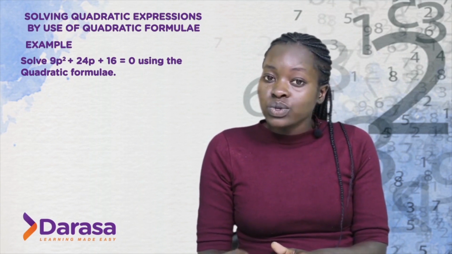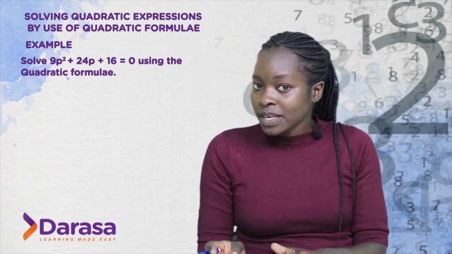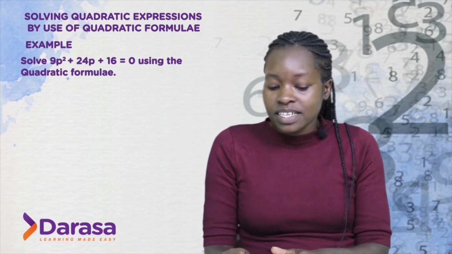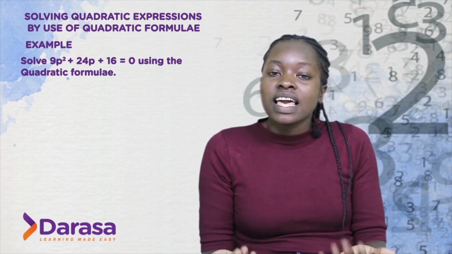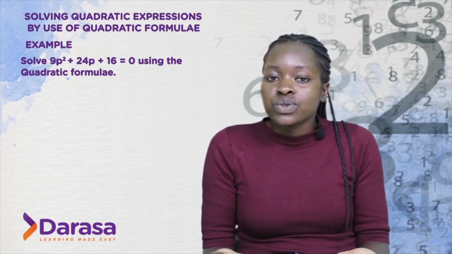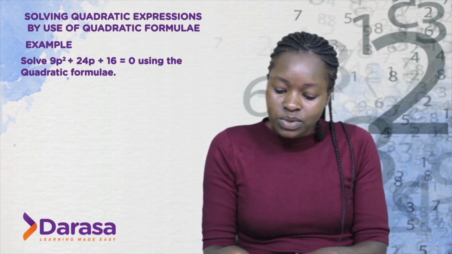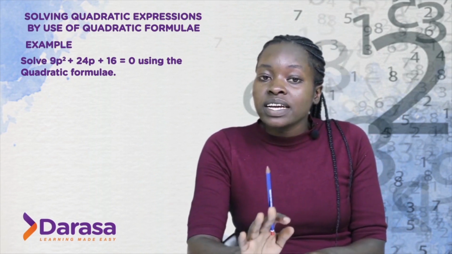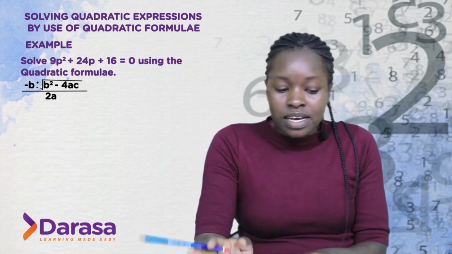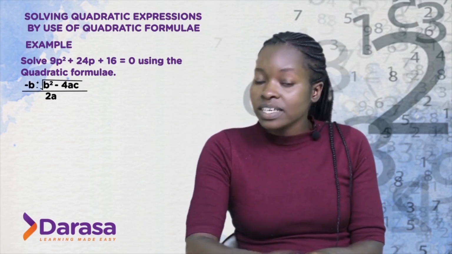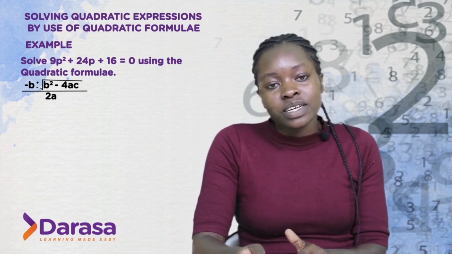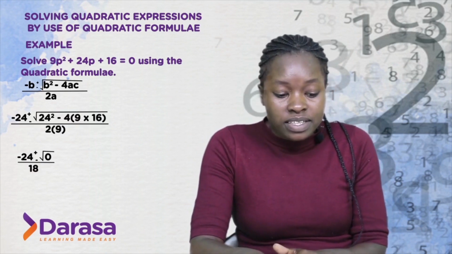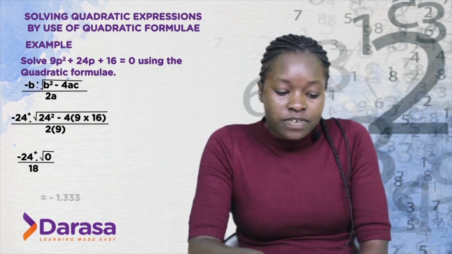I said the first thing you do is identify your a, b, and c. So your a is 9, your b is 24, and your c is 16. So p squared and p have just replaced x squared and x. It's just there to confuse you, but it's the same thing. So we're going to replace our 9, 24, and 16 in our formula. And remember, our quadratic formula is negative b plus or minus the square root of b squared minus 4ac all over 2a. So you just take your values of a, b, and c and replace them in your formula. So replacing them, your answer should be negative